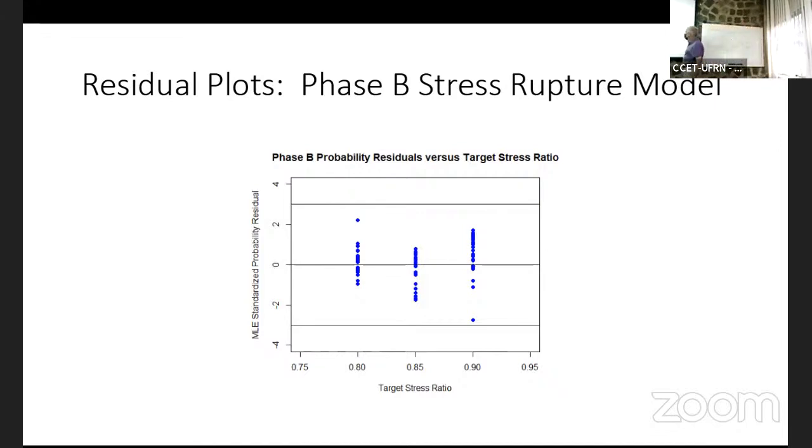There are a few more failures at the high stress ratio than at the other two, but we came away from this feeling pretty reasonable about it, especially since I don't know when the asymptotics really kick in. The mean value of the residuals is not 0. Understand, with ordinary least squares regression, the sum of the residuals has to equal 0. That's not true here. Okay.